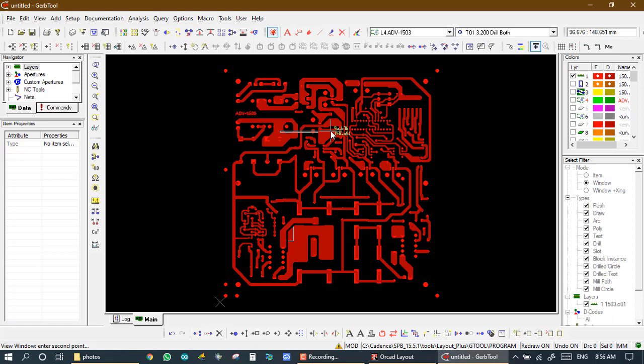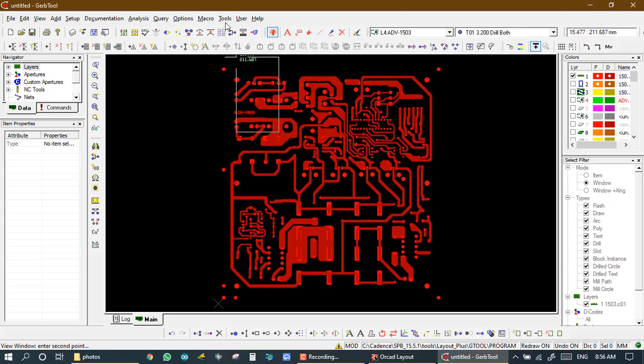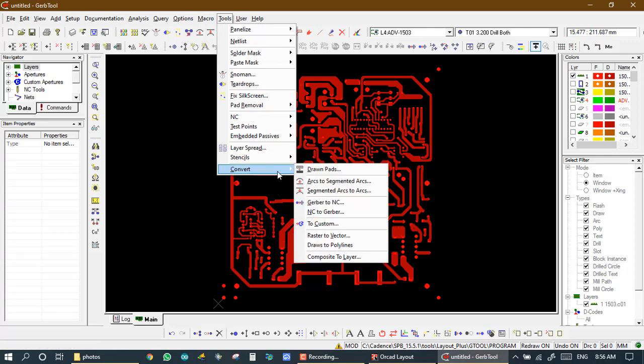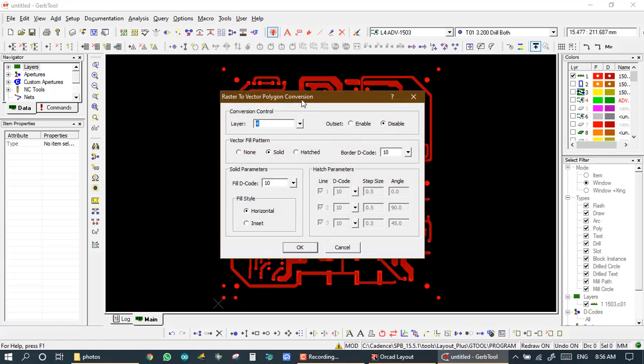We make a netlist on KM350 also, and KM350 without a license doesn't make a netlist of any raster, and then we get some problem from raster. So first we convert the raster file to line or draw, and then we make the netlist. So for this change first we go to Home, and after this we go to Tools, Convert, and Raster to Vector.